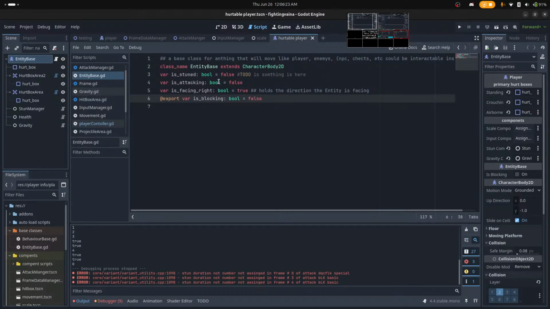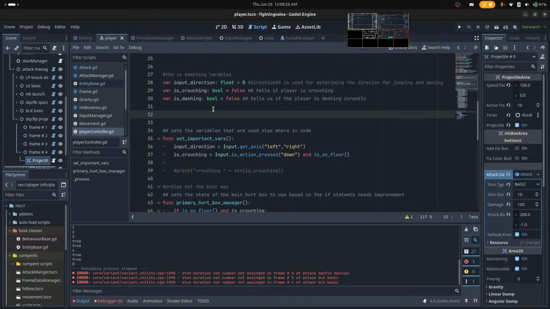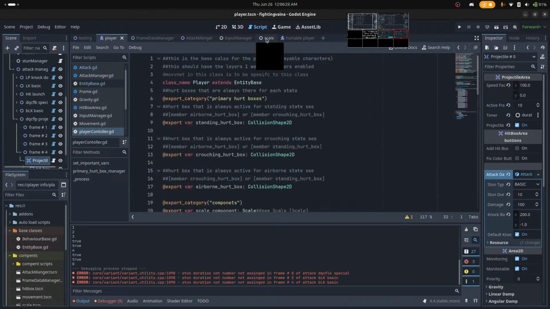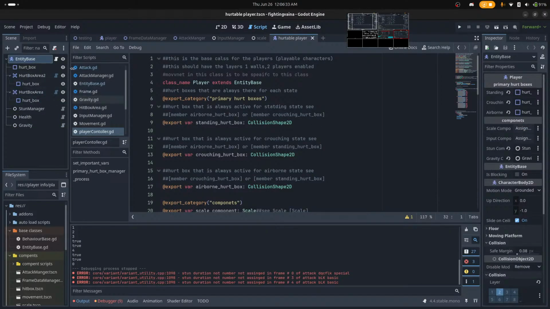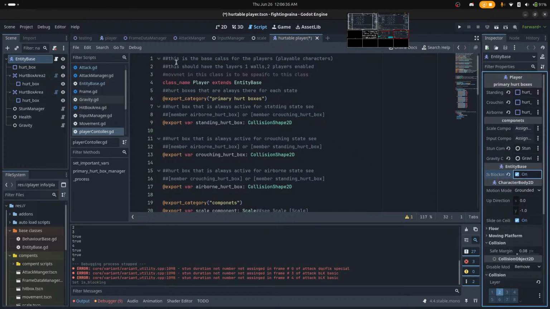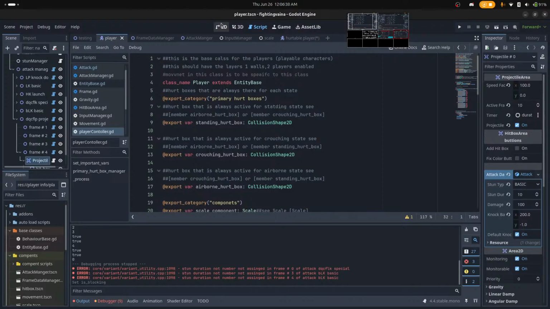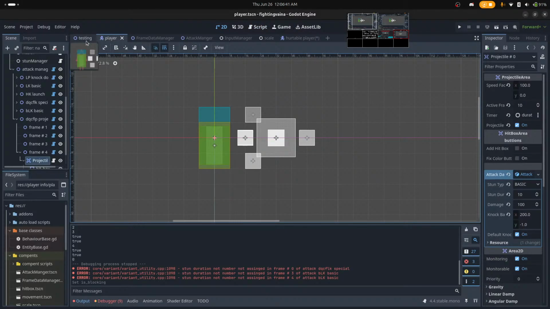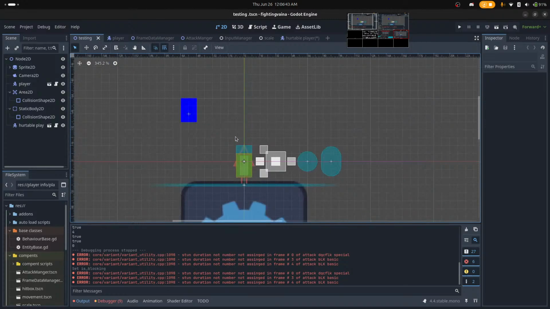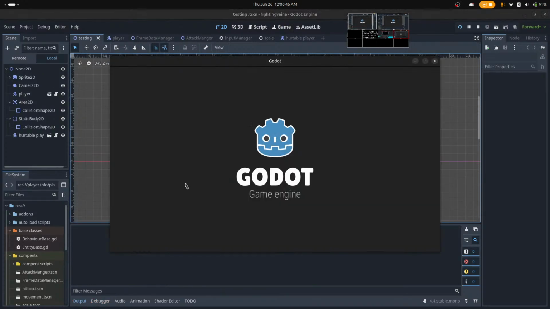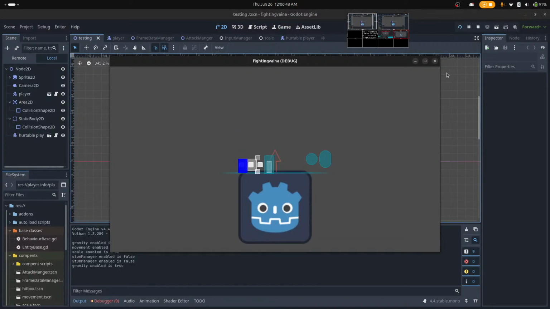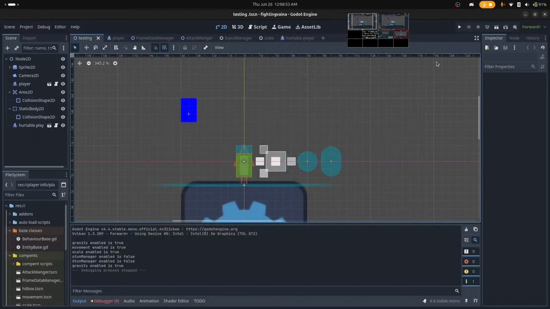Why is it capitalized here? Okay, so we have a boolean for if they are or are not blocking. And this I'm going to set to on because I want to. And the testing, we have our entity that falls. So what's going to happen? Where should everything happen?